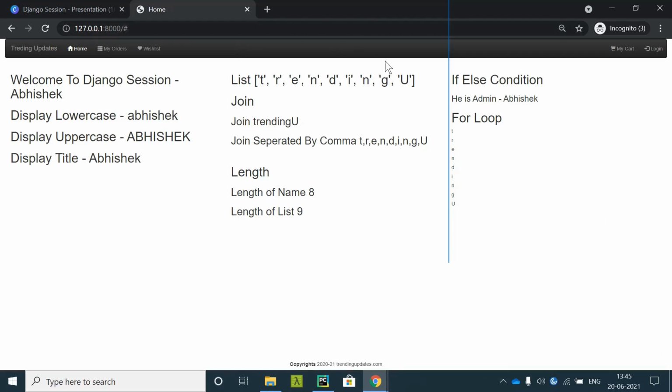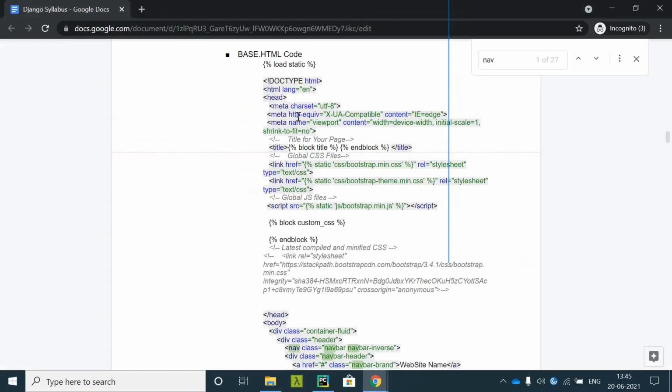So what we'll do is keep all the header and footer part in the base.html file, and this content part will be dynamic, it will change according to the endpoint. When it goes to the login page, it will display the login form, and when it goes to the sign up page, it will display the sign up form. When it comes to the home page, it will display the home page. The whole thing works like this. So we'll discuss the base.html file.